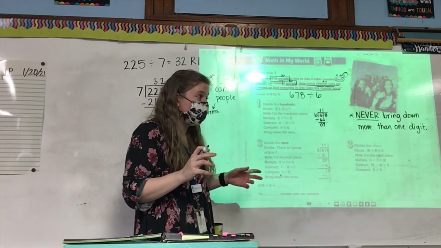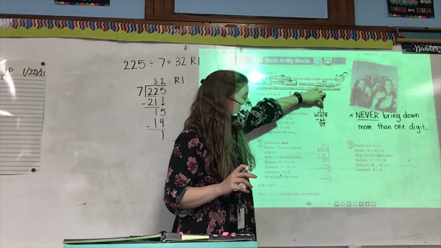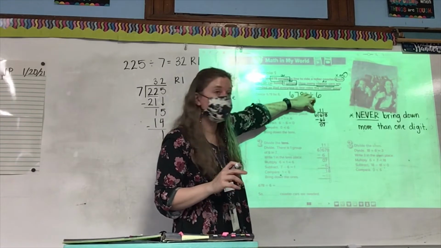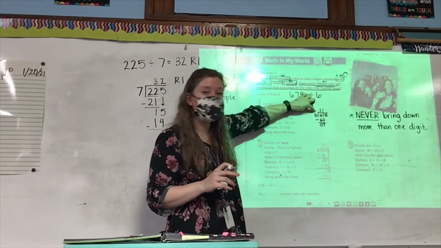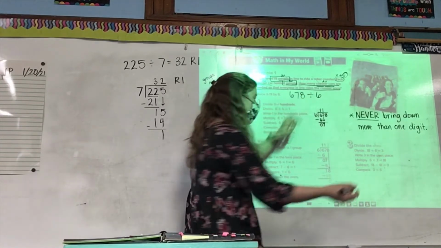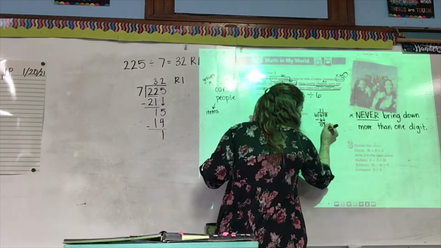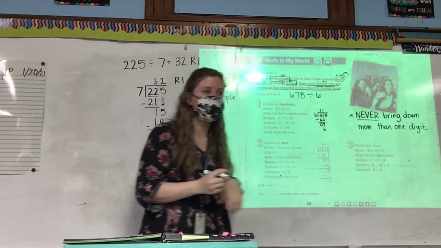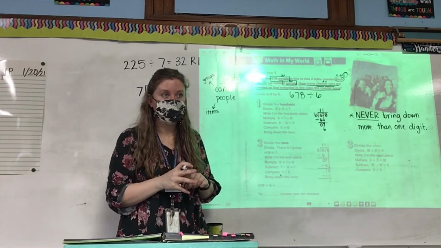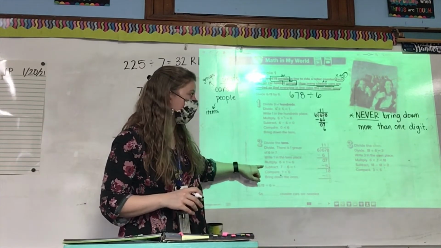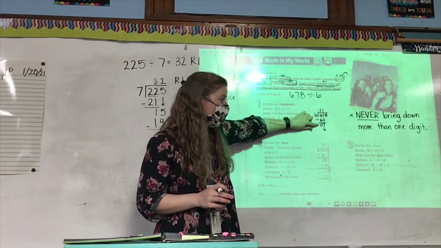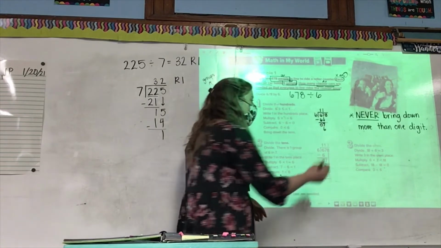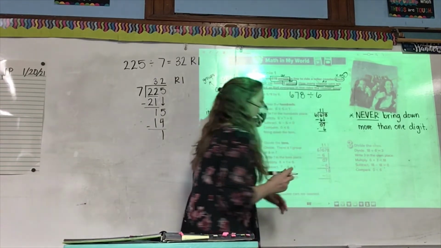Next, we multiply. We multiply the digit we just got, which is 1, by our divisor, which is 6. Class, 1 times 6 is what? 6. And again, we just line that up with our new dividend. Next, we subtract again. We subtract the answer to our multiplication problem, which is 6, from our new dividend, which is 7. Class, 7 minus 6 is